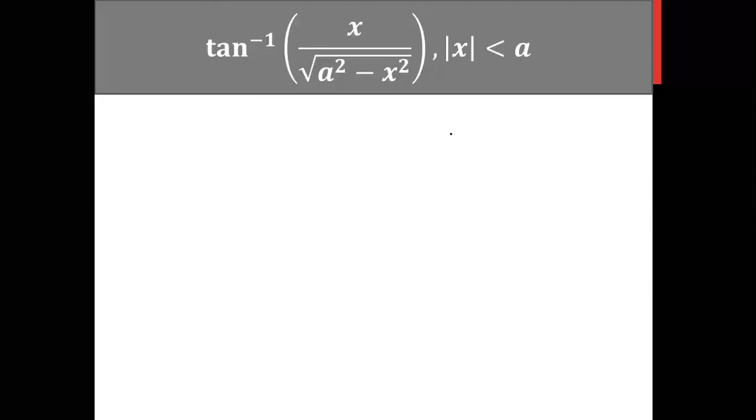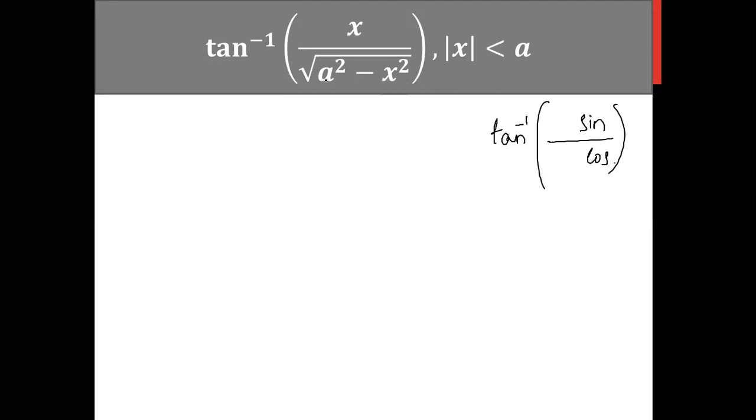So let me see who will give me the substitution for this. Who will give me the substitution? So it is something with tan inverse, correct? There is a fraction in tan inverse, but the numerator is not 1. So what should come here? For tan to come, sin by cos should come. So what should be the substitution for x?